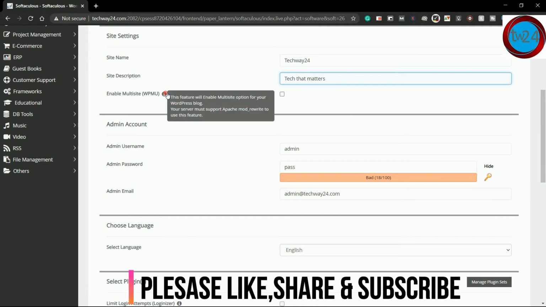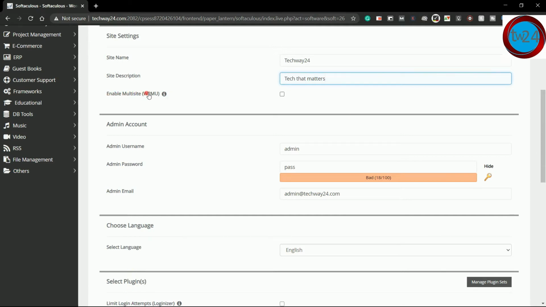Under enable multi-site WPMU, I recommend you leave this box unchecked because if you check this box, then this feature will enable the multi-site option for your WordPress blog, which requires your server to support it.